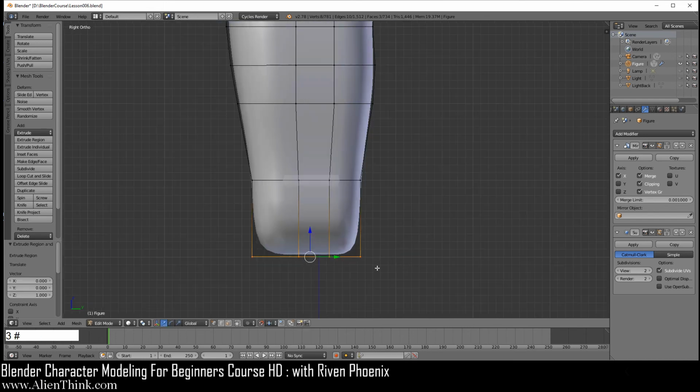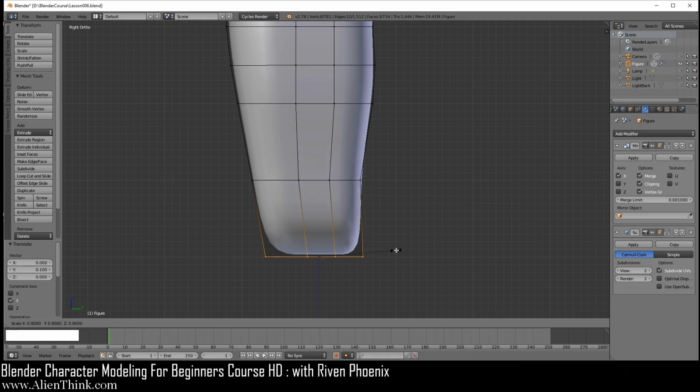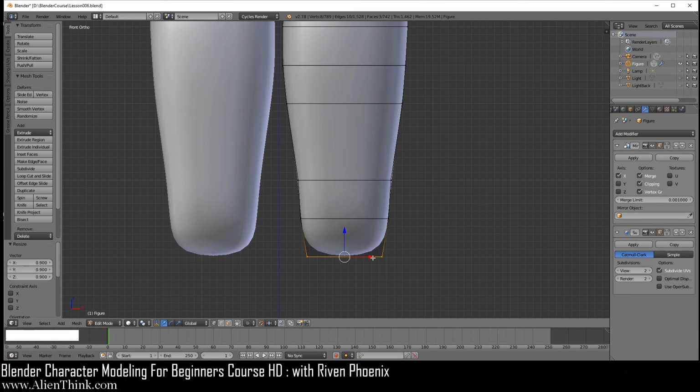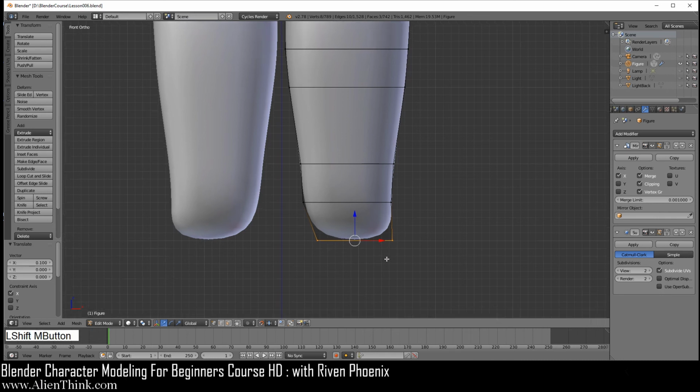Go to your right view. Now I'm going to move it to the right. I'm going to press S to scale and then nudge it 1 time in. Control R, left click, right click, A to D select. Press C, go ahead and select this again, move it to the right, scale 1 time like this. Go to your front view and then move it to the right 1 time over here. So you can see that this is the muscle structure that's starting to move and we're getting into the area for the knee over here.